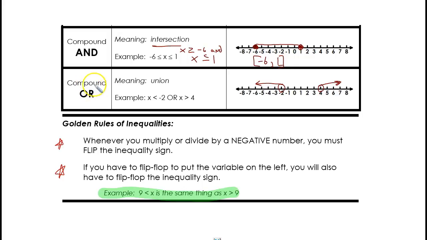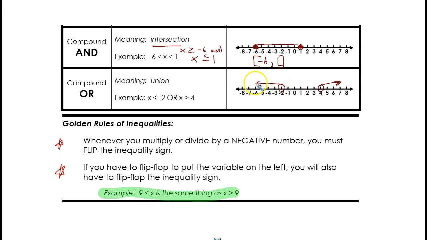On the other hand, when we use the word or, when we have a compound or, we call this union. And union is not intersection. It's not what's true for both of them, but instead it's what's true for one or the other or both of them. So since this is less than -2, we have an open circle on the -2, and